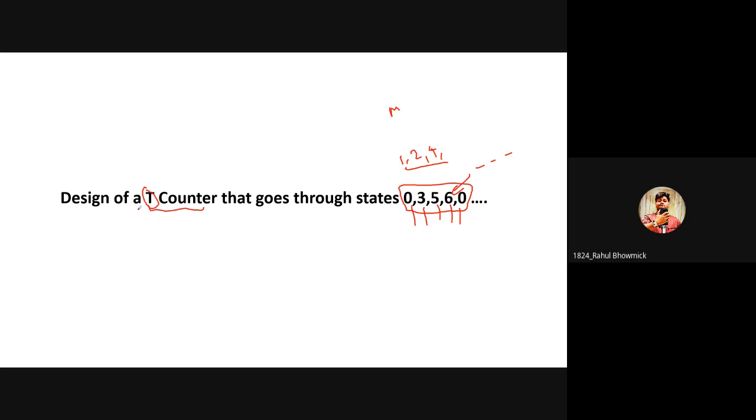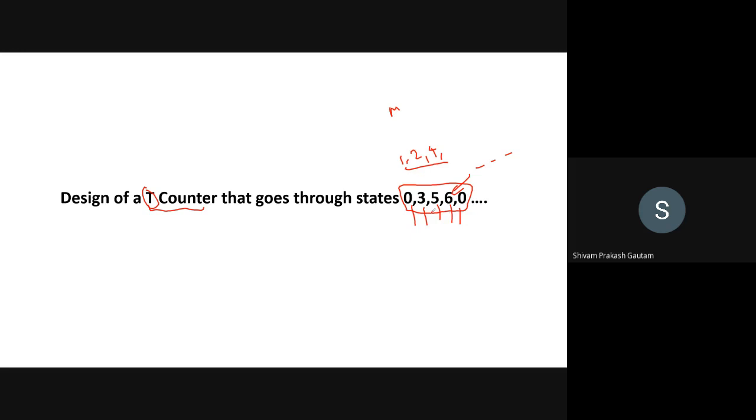Sir, will this be a mod 7 or mod 4 counter? How many different states are we having? 4. So it will be called a mod 4 counter. You can call this a mod 4 counter, right? Okay. Yes, sir. So we have to design a counter that should count 0, 3, 5,